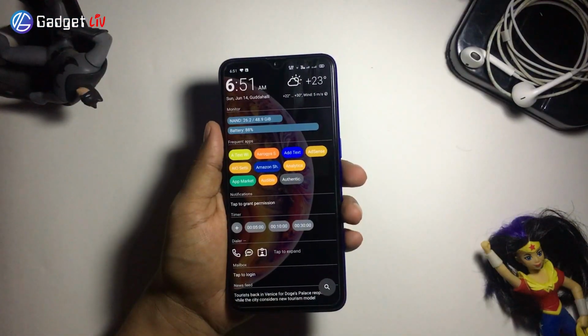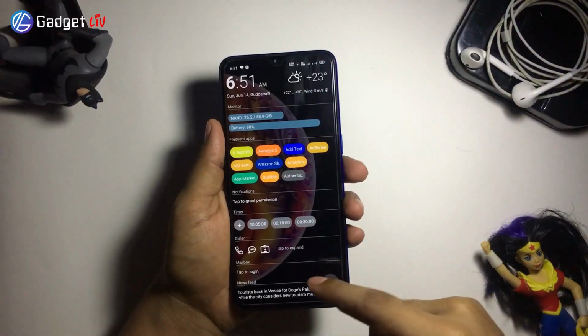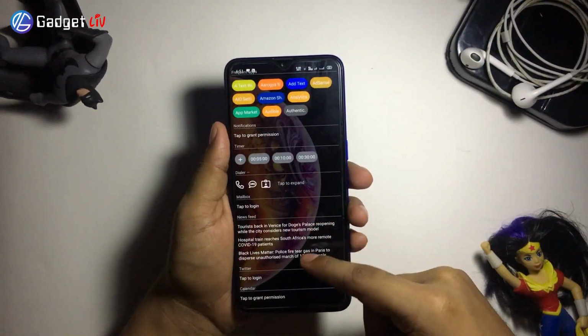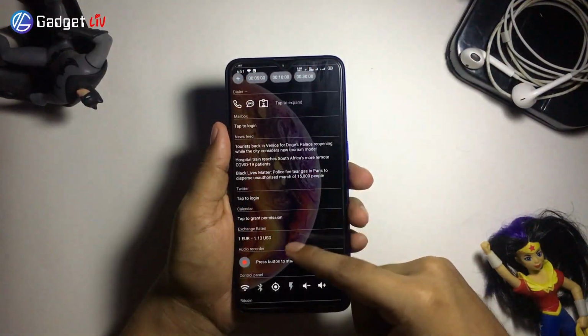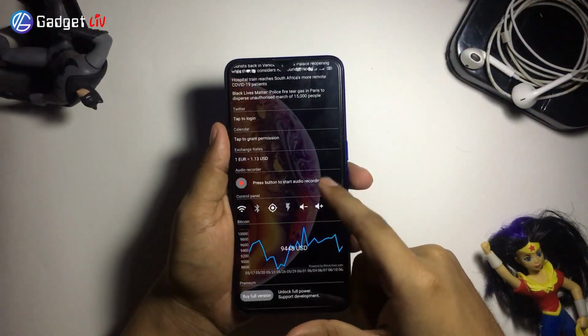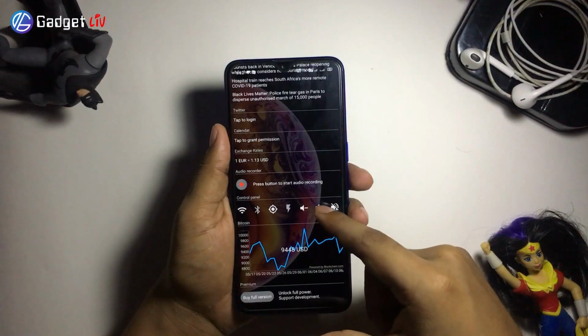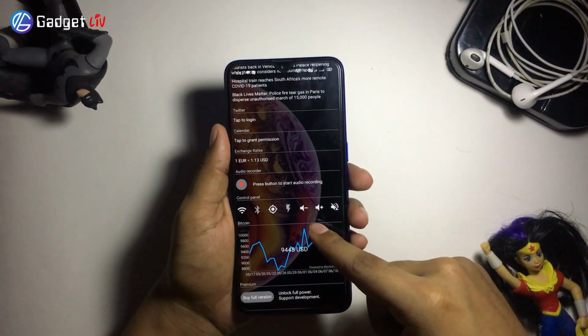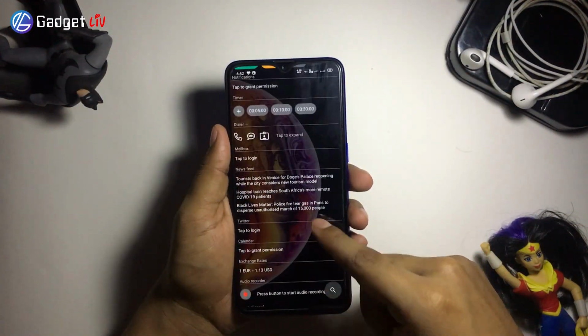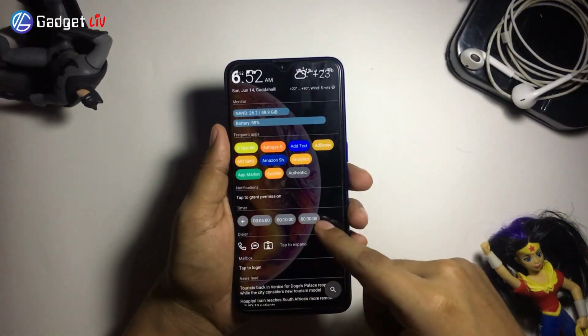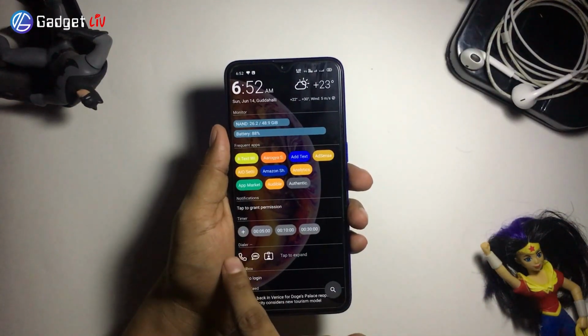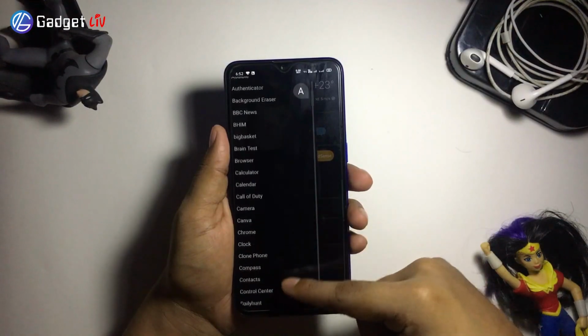AIO Launcher is quite different from the rest of the Android launchers. It does not have colorful icons, cool animation effects, and themes. Rather, it uses the home screen to show various information that matters. You can see a list of information such as system info, which shows storage and battery status, frequently used apps, notifications, set timers, and many other things.